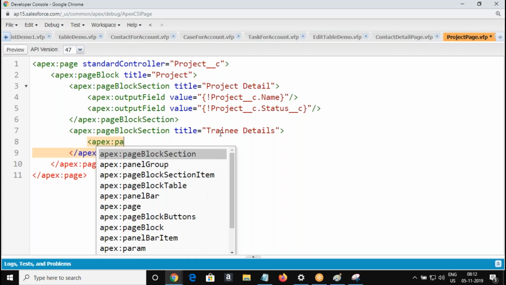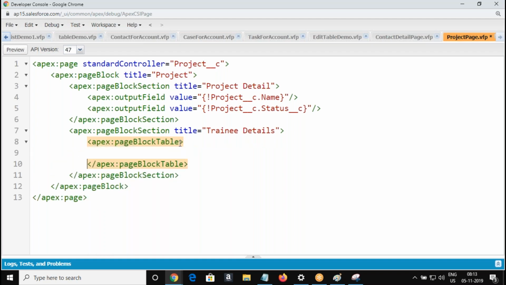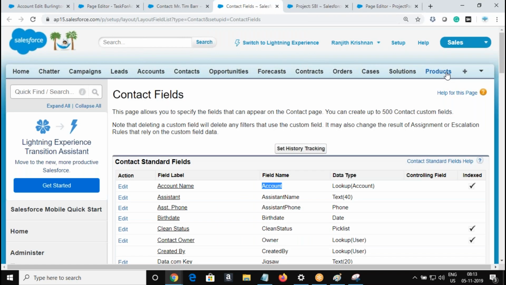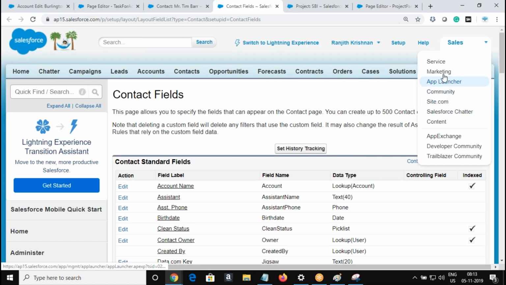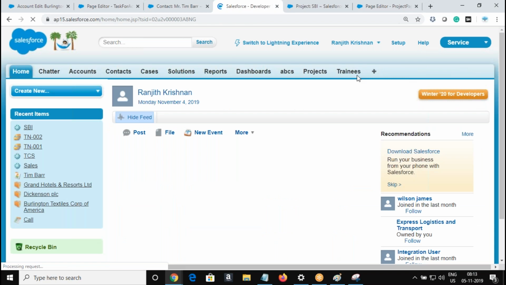So we're going with a data table or page block table, whichever component we can use. So we are going to refer to the plural name, the child relationship name, Trainees. A trainees is a plural name we have seen. When you create a relationship field in your trainee object, what is the name we have seen? The plural name we have seen.